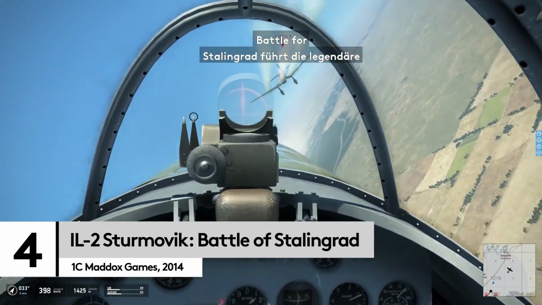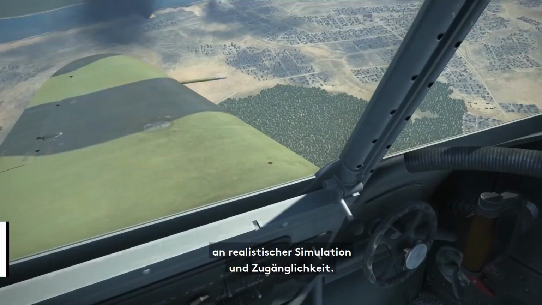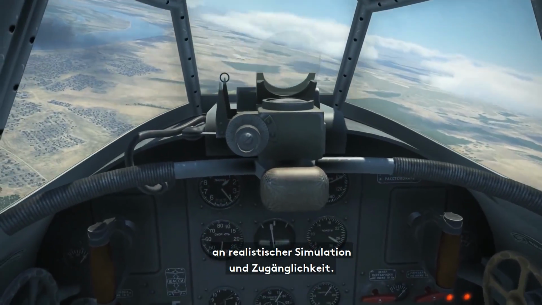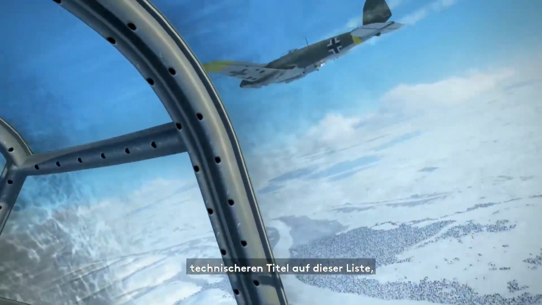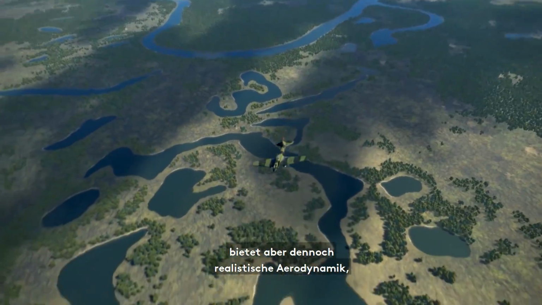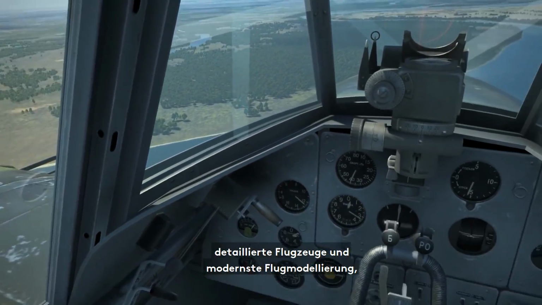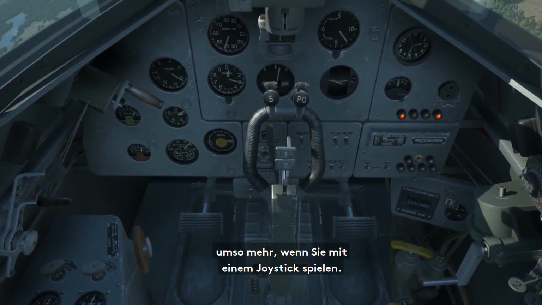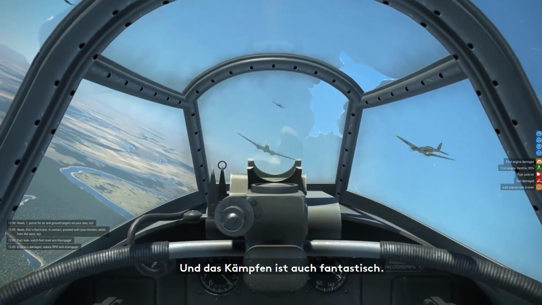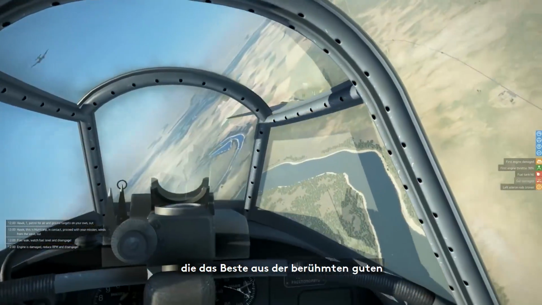Battle for Stalingrad continues the legendary Il-2 Sturmovik series, offering a fine combination of realistic simulation and accessibility. It's less intimidating than some of the more technical titles on this list, but it still features realistic aerodynamics, detailed aircraft, and state-of-the-art flight modelling to give you an accurate sensation of flight, even more so if you're playing with the stick. And the combat is fantastic too, gripping dogfights and land-to-air battles that make the most of the game's